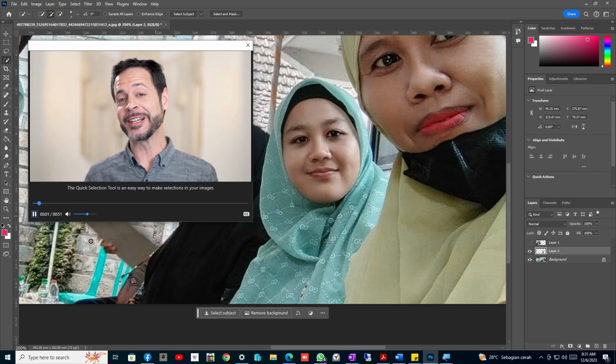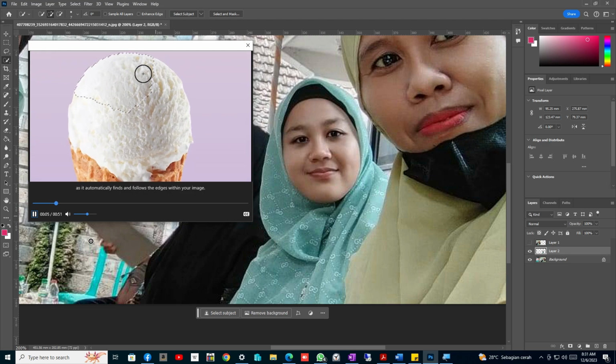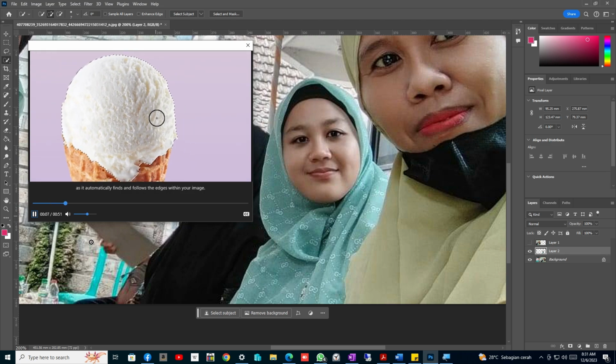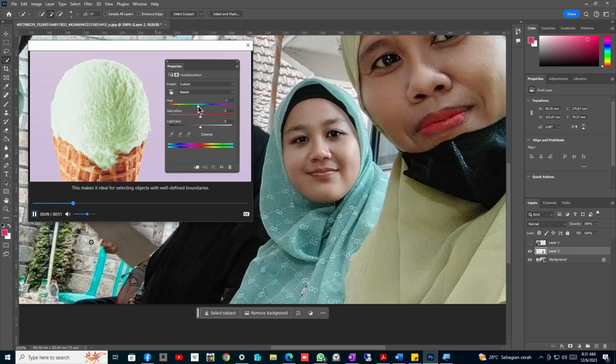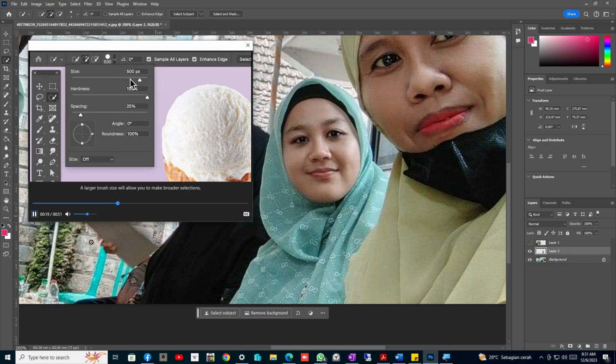The Quick Selection tool is an easy way to make selections in your images, as it automatically finds and follows the edges within your image. This makes it ideal for selecting objects with well-defined boundaries. To adjust the size of the Quick Selection tool, you can use the brackets on your keyboard or adjust the size of the brush in the options bar. A larger brush size will allow you to make broader selections, while a smaller brush size will give you more